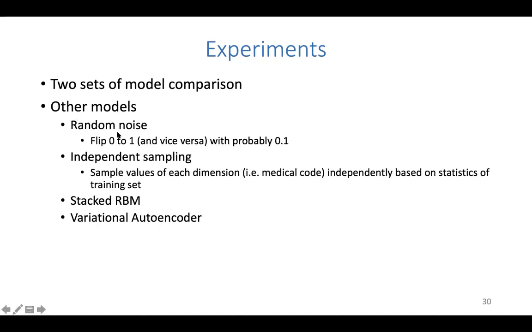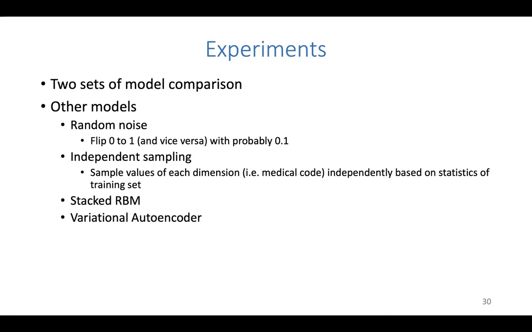The other models are the baselines for actual comparison. So the stupidest example could be random noise. We start with tabular data filled with binary values, 0 or 1. Simply random noise is just flipping 0 to 1 with probability 0.1. So this is just a perturbation. Given a real sample, we just reverse the value with probability 0.1. So this is simply perturbing or injecting noise into the real data, which can be seen as a legitimate way